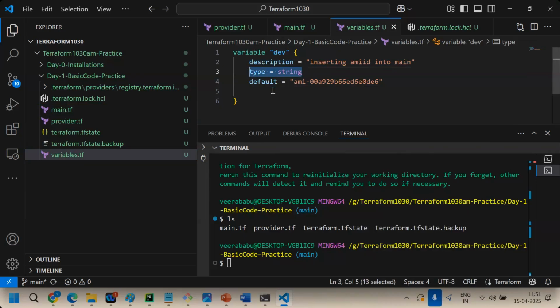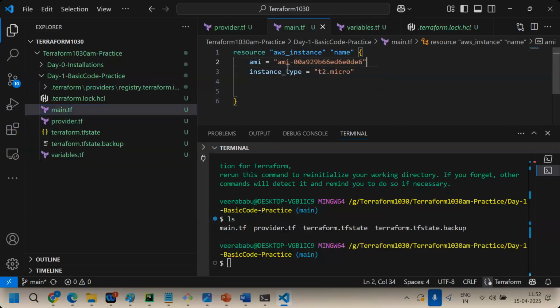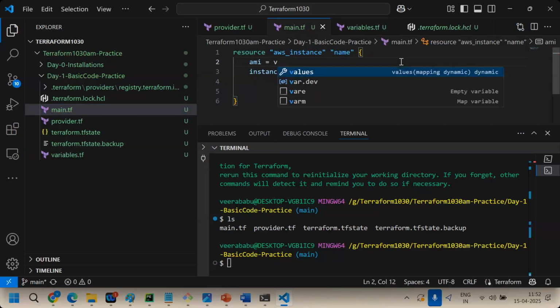Give a string as the value while calling a variable, since only a single value is being called. If multiple values are there, this is the AMI ID, but for instance type, multiple values, one instance t2.micro, one instance t3.medium, here we can use a list. So the instance type will change based on the call from main. Okay, I will explain at that time, don't worry. Now, how to call a variable from here? My value is already declared in the variable, right? Simple, just give var dot, and the name of the variable. Given dev. That's it.